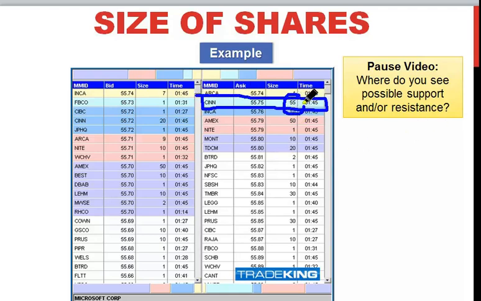And then you look over here, 1, 20, 1, 9. So I mean, if you were to add, let's see if I could do mental math here real quick. So let's see, 20, that's 30, 39, 40, 41, 42, 43. So adding all these up right here is still not as much as this one market maker has right here at 55.75. So now down here at 55.70, remember beforehand I was thinking, well, you could possibly consider 55.72 and